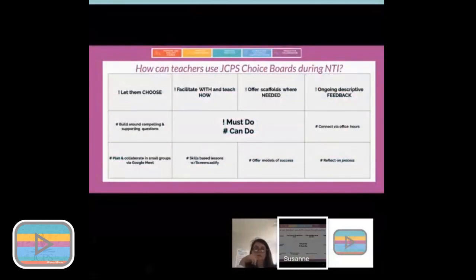So this slide uses a choice board concept to sort of show teachers how they might think about instruction. Choice boards really give examples of tasks and performances and products that we want students to engage in, but they don't offer a lot of guidance on the instructional piece. And so we wanted to share a little bit of the must-do, can-dos in terms of quality instruction as they